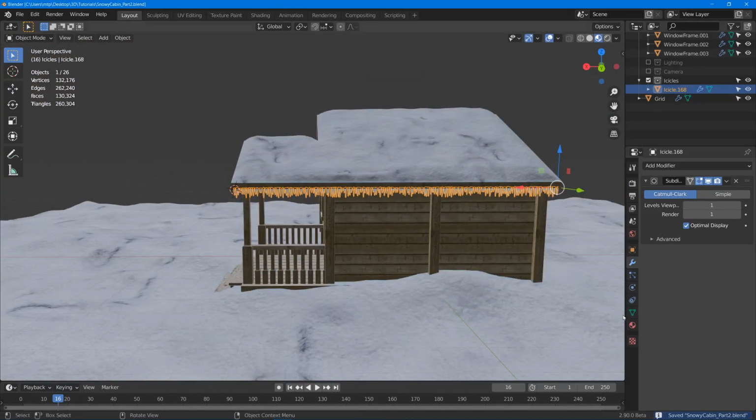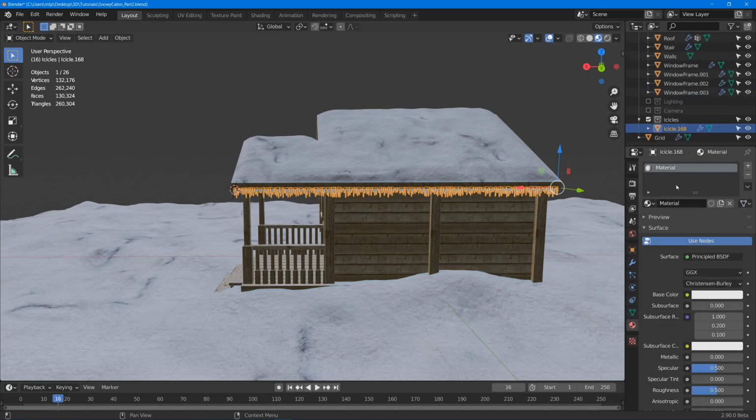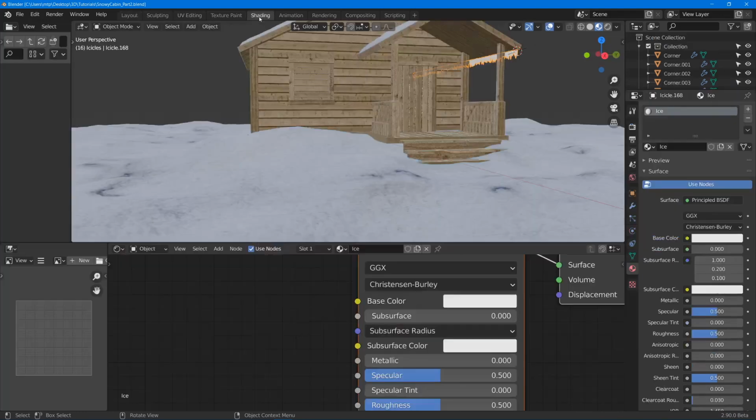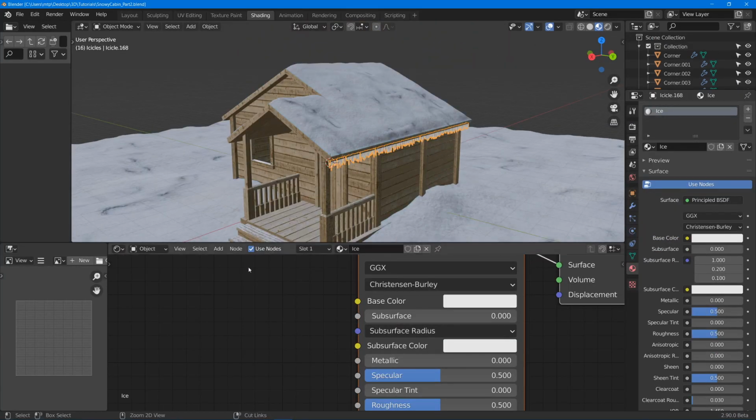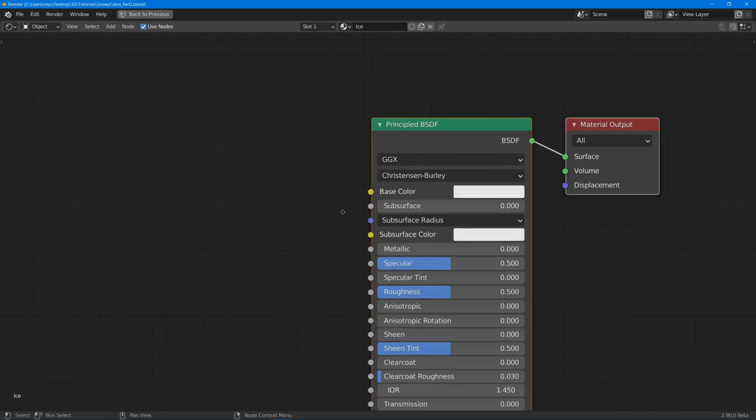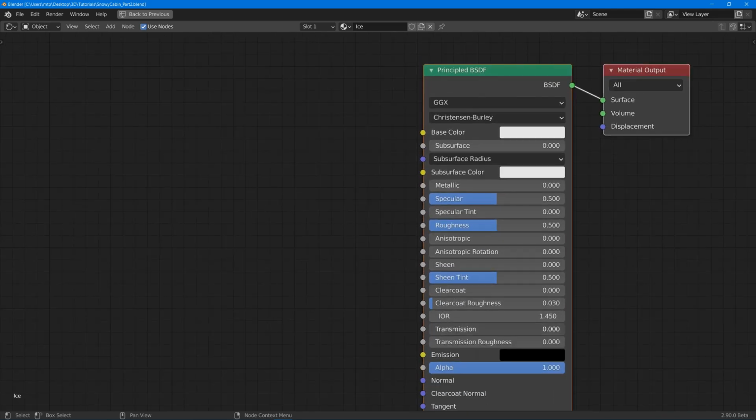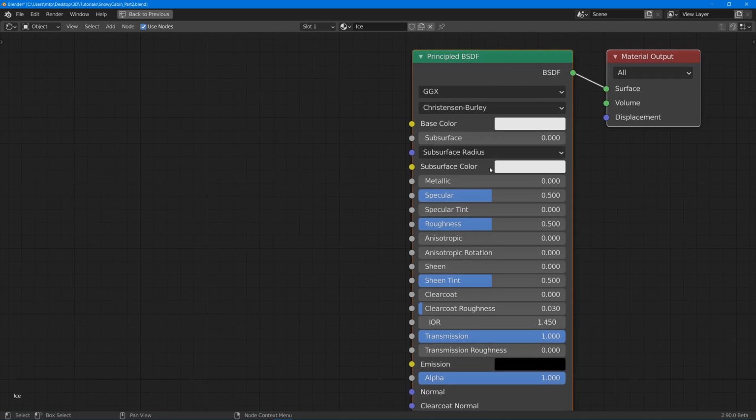We'll go ahead and add a new material. Call it ice. And save. We'll go into shading. We'll Control Space to bring this closer to us, and we'll increase the transmission, which is used on glass and ice materials. We'll lower the roughness,